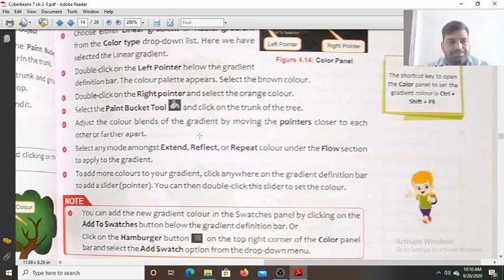So after that, adjust the color blends, means if you want to adjust the color shade of the gradient, you have to move the pointers closer to each other or farther apart. You will find the tab, and you have to move that tab. Select any mode amongst the extend, reflect or repeat color under the flow section to apply to the gradient. I have shown you extend, reflect or repeat. You have to select any mode among the given extend, reflect or repeat under the flow section to